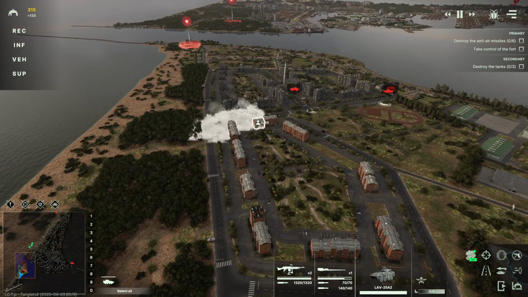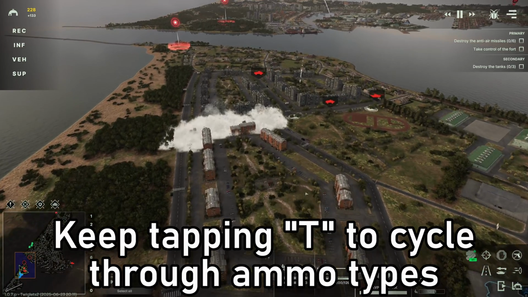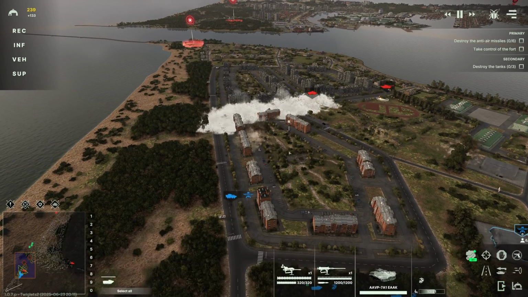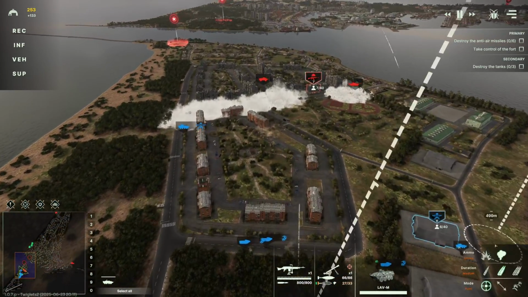Don't underestimate the power of artillery smoke, especially when attacking. Having your artillery lay down some smoke will block the sight of your units and enemy units for a precious minute or so. This is particularly useful if you're looking to attack a point and you want to block their